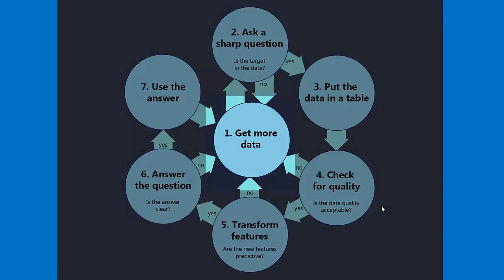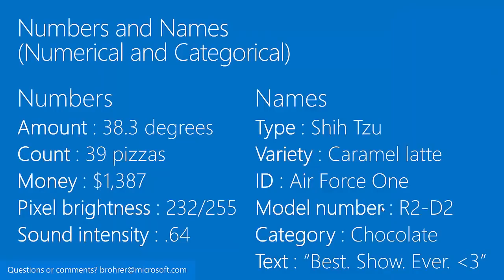The very first step is get data. And if you have data, get more data. So when I say data, I mean numbers and names. That's data that's numerical and categorical. What I mean by that, numbers are things that are amounts or counts, something that can be measured in extent,